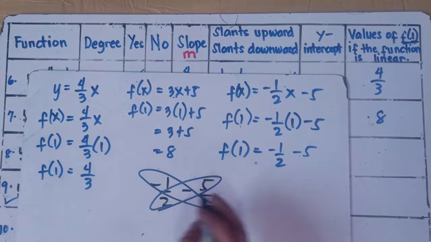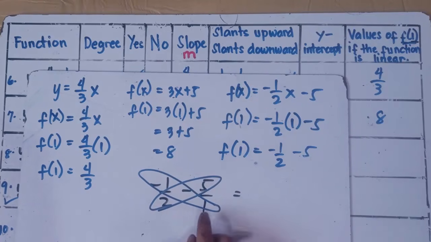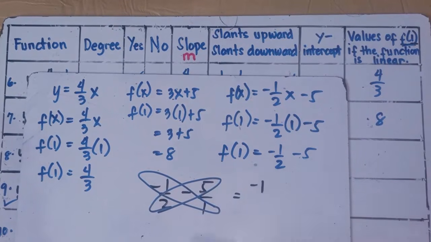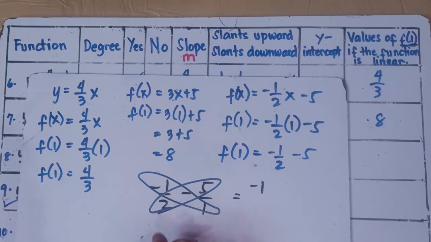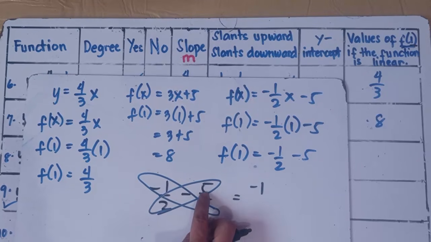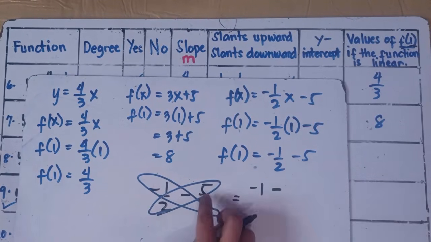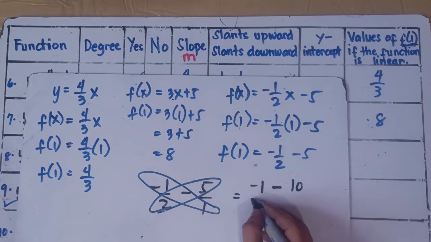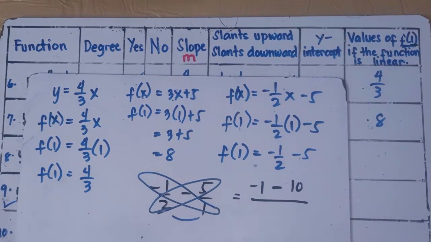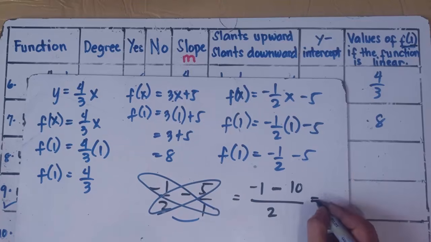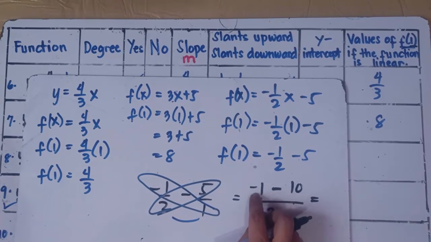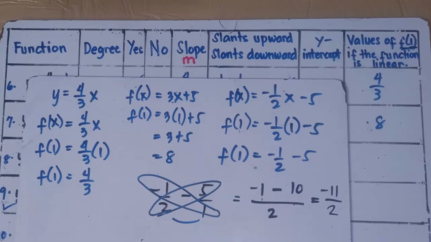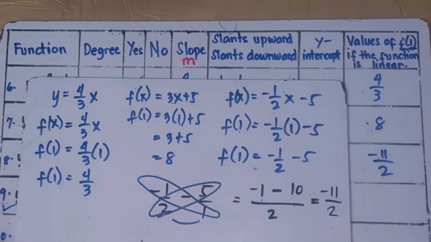Alright, so this will be applying the butterfly method. So this will be 1 times negative 1, that would be negative 1. And then 2 times negative 5. Simply copy the sign. 2 times 5, that would be 10. And then simply copy the sign. Alright, and then on the bottom part, 2 times 1, that would be 2. Alright, and then same sign, combine this one, negative 1 minus 10, that would be negative 11. And then copy 2. So that would be negative 11 over 2.